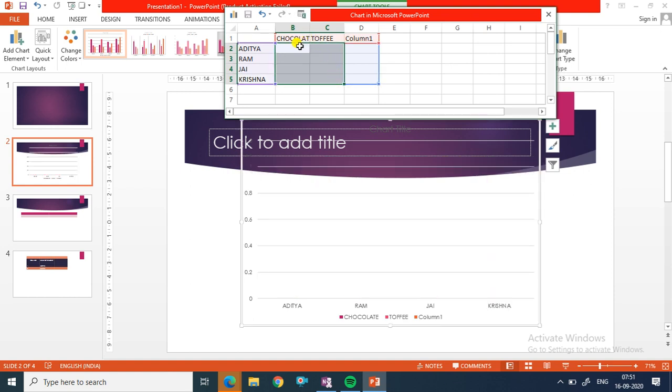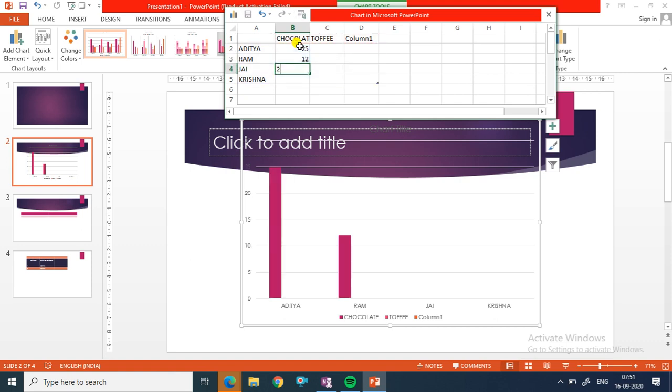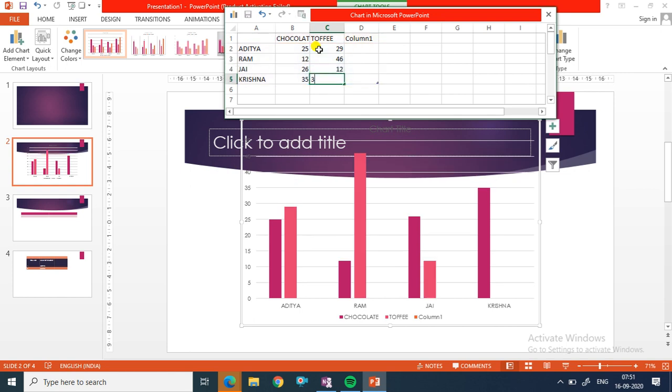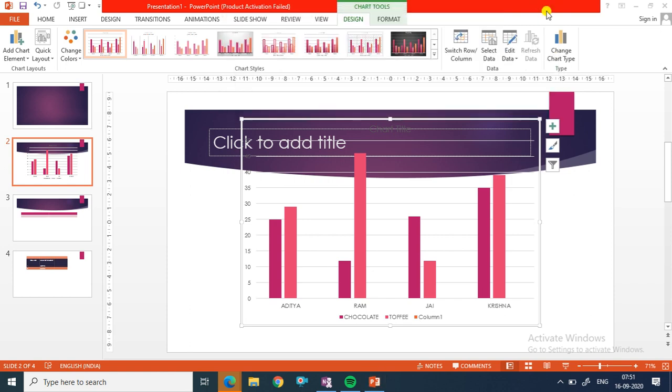Just write down the number. So you can see the graphical representation of numeric data. Now close it. Now let us see the